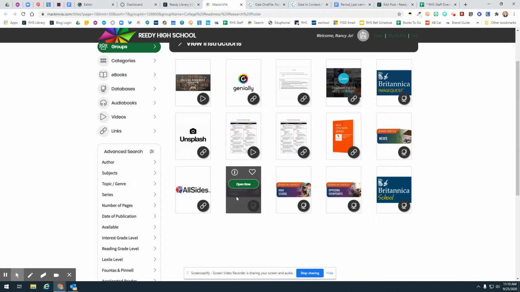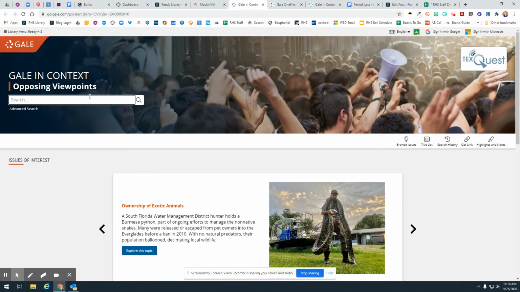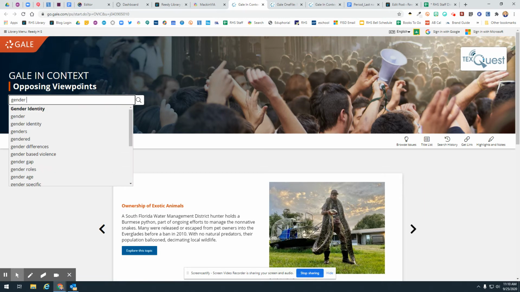All right, so if you're doing an environmental topic, there's an environmental database here as well, or resource for you to use. And then I want to show you both this opposing viewpoints and all sides. So opposing viewpoints is going to be similar to what we just looked at in some of the other ones, as far as